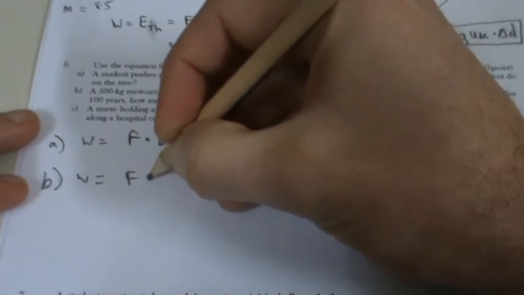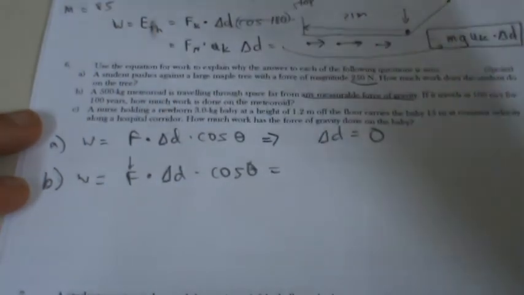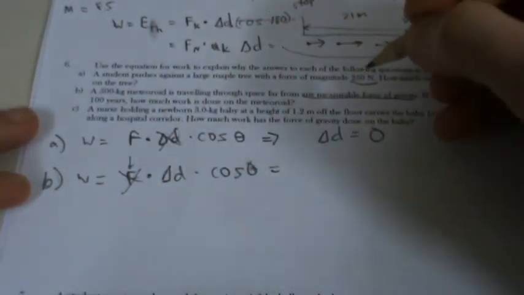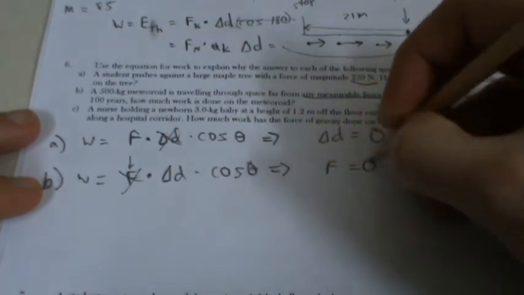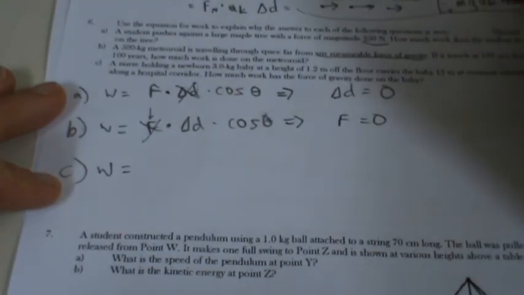And so work is force times displacement times cosine of theta. And so in this case, the force is the culprit for making it not equal to 0. And part C is work is equal to